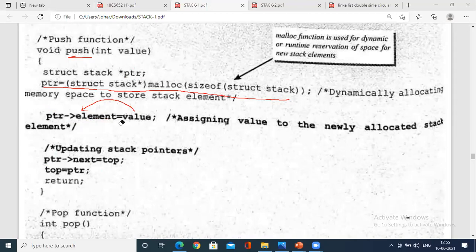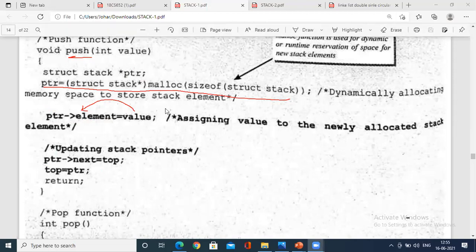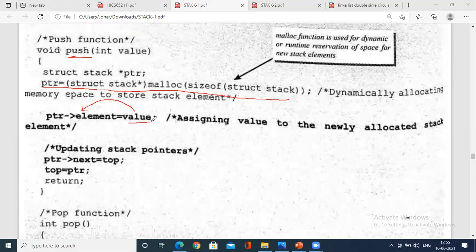So now you have to update the elements, no? Ptr of element has to be copied with the value that is num1, which is inserted from the scanf in the switch statement, and you have to update the top, no? Ptr next equals top. You have to update the top as ptr of next, and set top equals ptr. Again, you insert in case one, insert value. Again, this process is repeated until what happens? Until the stack reaches full.